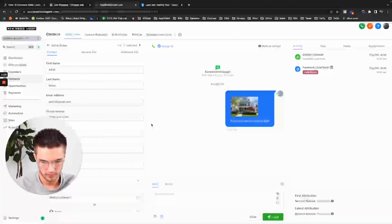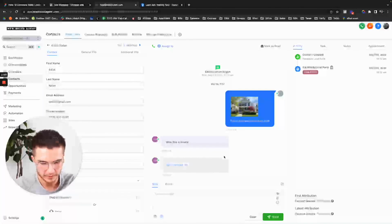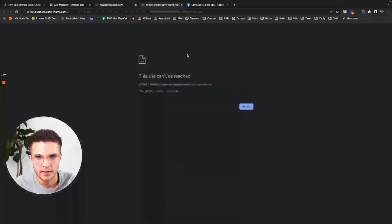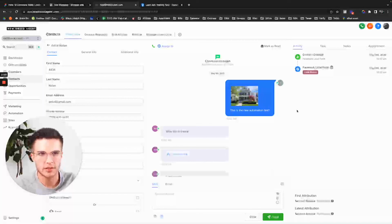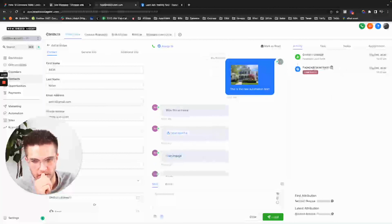Boom. And then you'll see this right here. Image will be coming in just a second. And then look, you can see download file. Boom. Takes a second for the image to come in, but this typo, I don't know why it didn't do that, but you could see I can engage easily. And so just like that, boom, we have our lead form, and we can see the images come, or